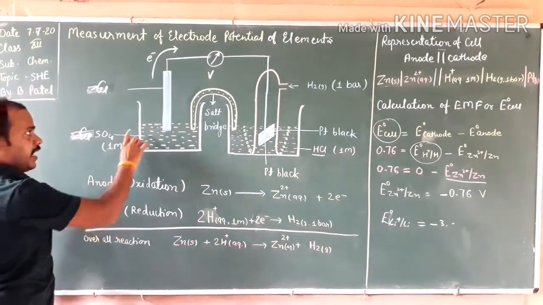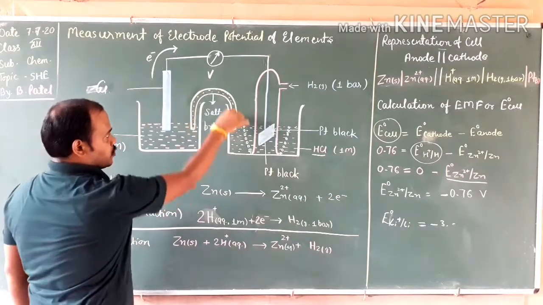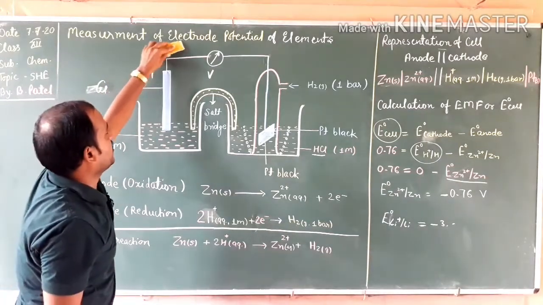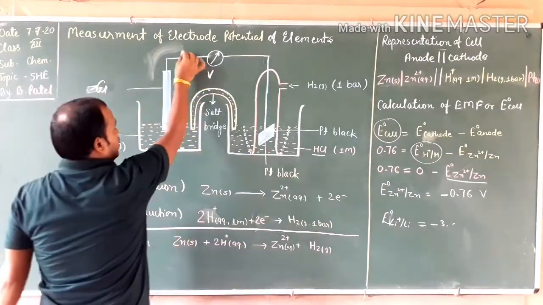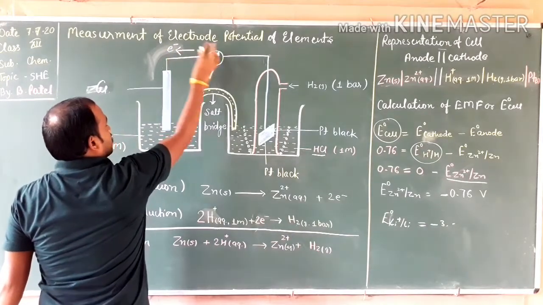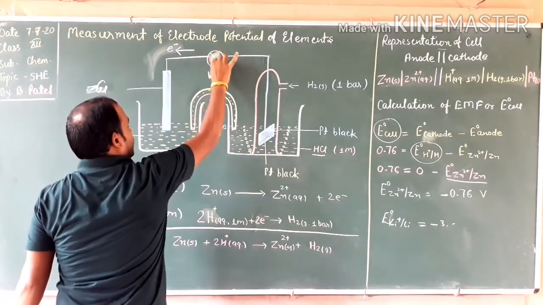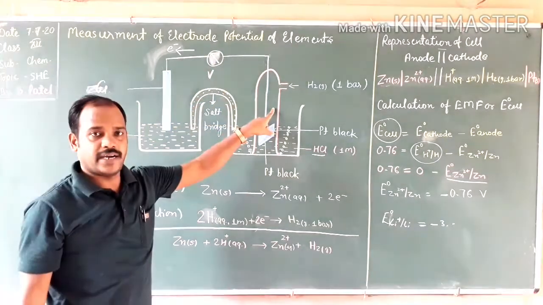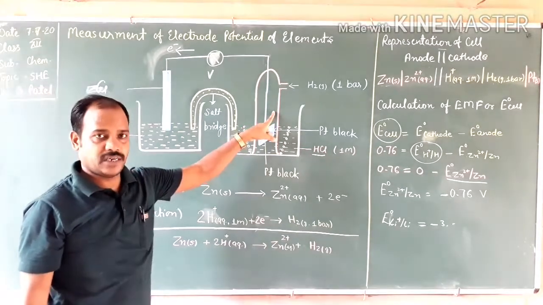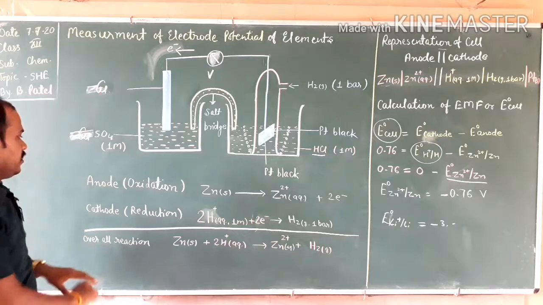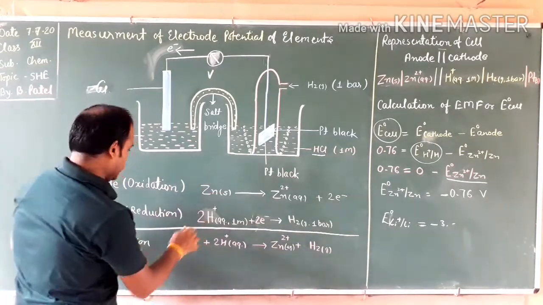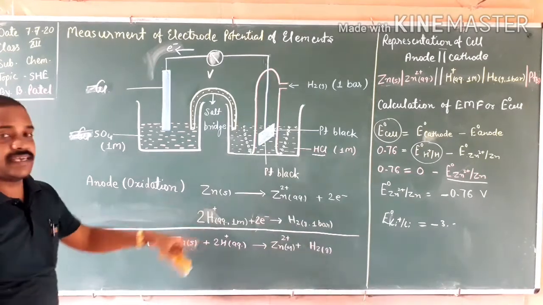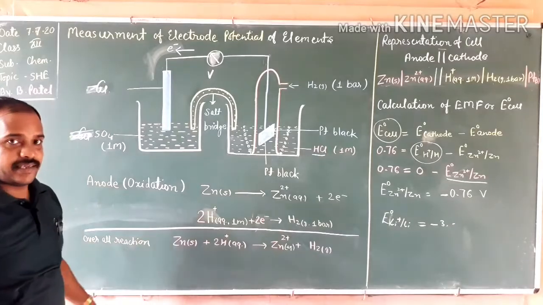Then as you connect these two half cells via the salt bridge, immediately the direction of movement of electrons will be in which direction? This direction, and the deflection of this needle will be in this direction. So it indicates that electrons are being released from hydrogen. So hydrogen will undergo oxidation and copper will undergo reduction. So now hydrogen will act as anode, copper will act as cathode.